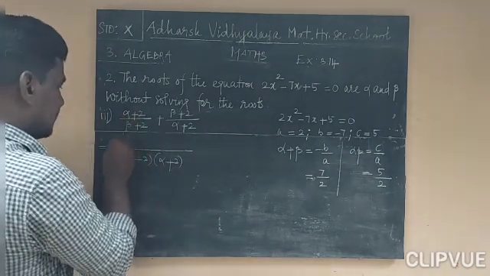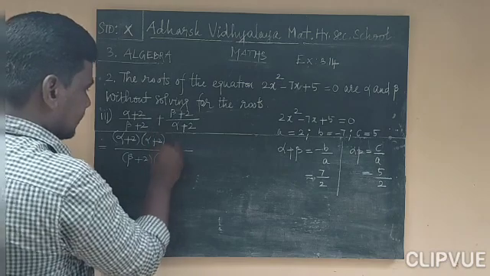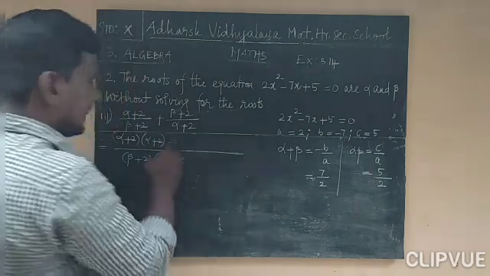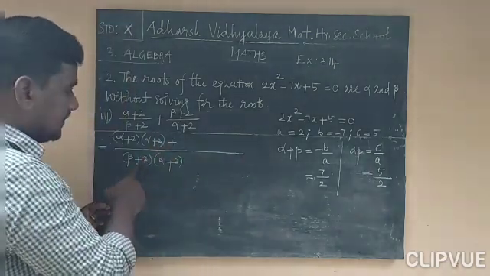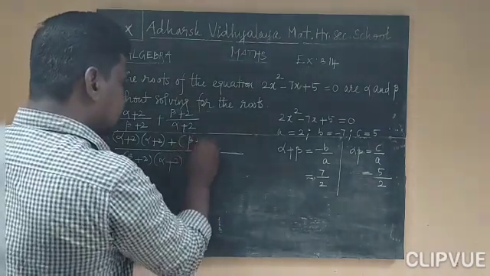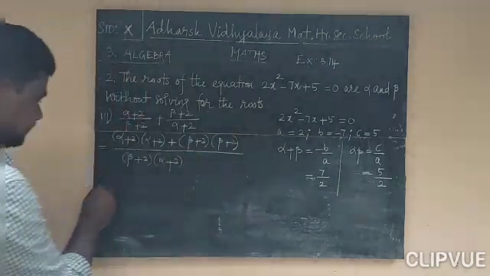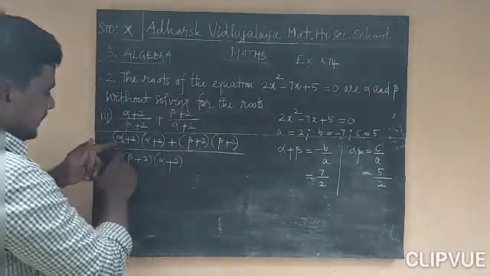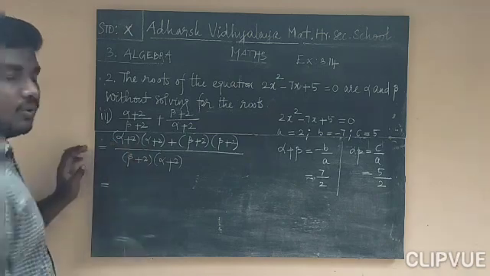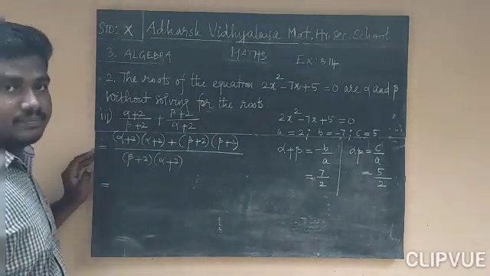So you want to multiply it by the alpha plus 2, into alpha plus 2, plus here alpha plus 2 is there, beta plus 2 is not there. So you want to multiply it by beta plus 2. Beta plus 2, beta plus 2. Okay. So now it is equal to alpha plus beta the whole square. Actually alpha plus beta the whole square.